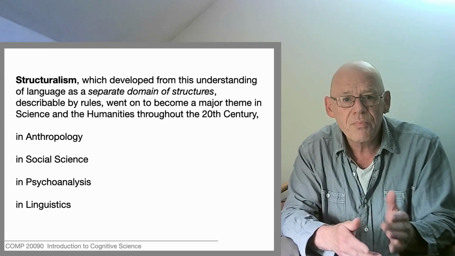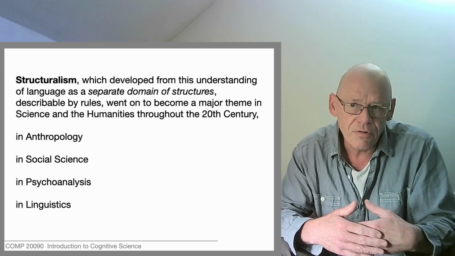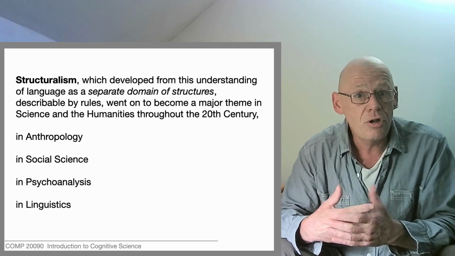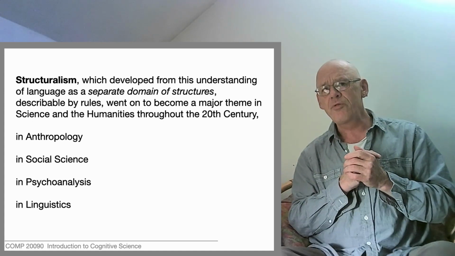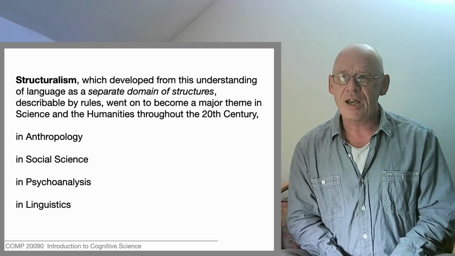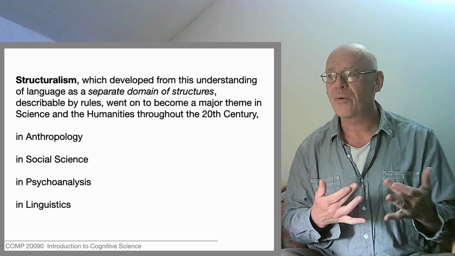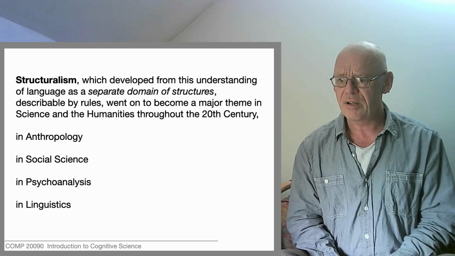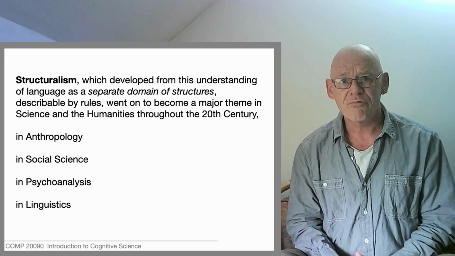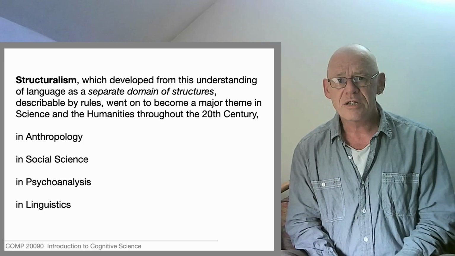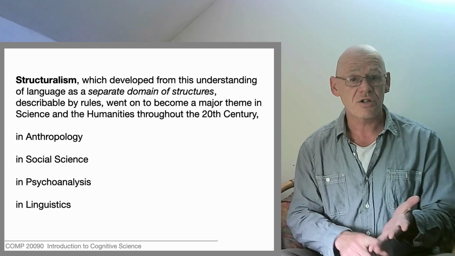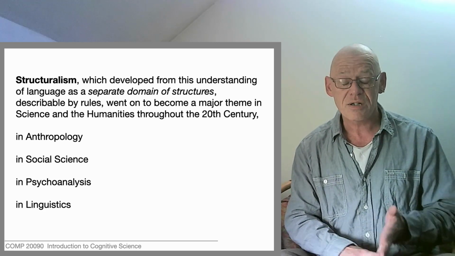So structuralism was going to be overtaken by generative linguistics and greatly influenced generative linguistics. But as a way of thinking about the human and social sciences, it proved to be very important beyond linguistics. The idea that you could take a human abstract ability like language and you could treat it much like you might treat the domain of chemical elements. You could systematize it, and you could recognize structures and patterns in it. This went on to be very influential in other disciplines like anthropology and social sciences, in psychoanalysis, and of course